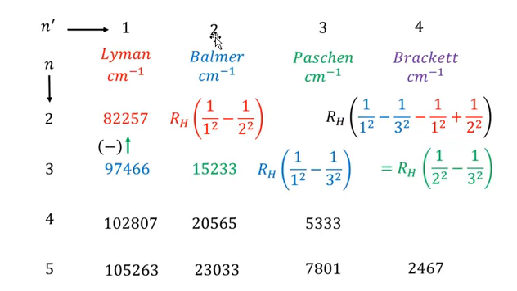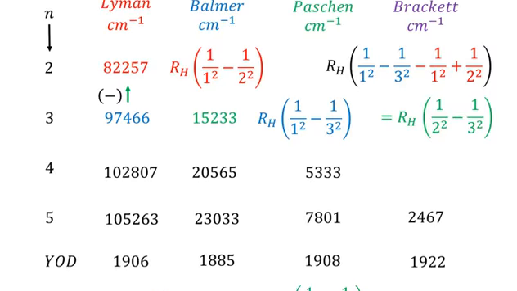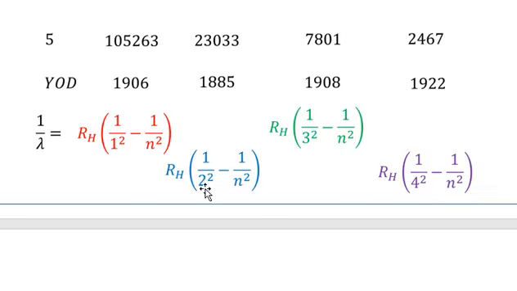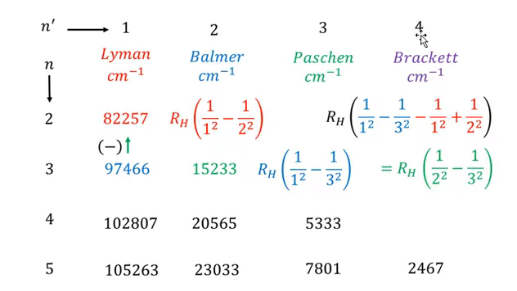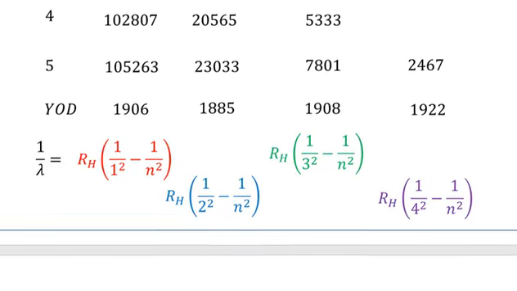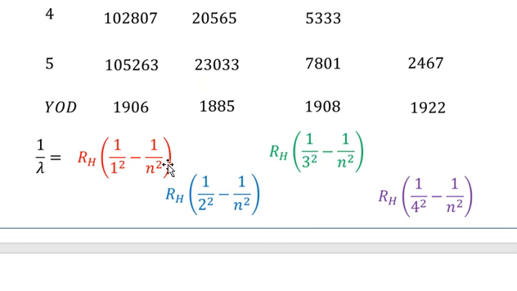So you see that 2 here. You can see the index 2 over here, and this 2 has appeared as the first term in the parentheses. You can see 2 over here, and in the next formula 3 is over here. In the next formula is 4 over here. In the first formula 1 is over here. So you see that these values of n prime, that is 1, 2, 3, 4, are appearing at the first place in these parentheses. So 1 over 1 square, 1 over 2 square, 1 over 3 square, 1 over 4 square, and